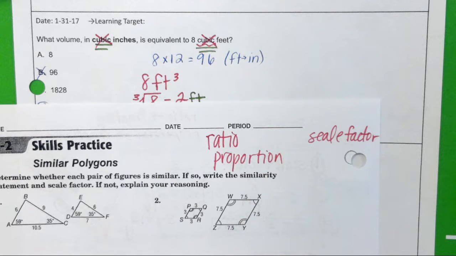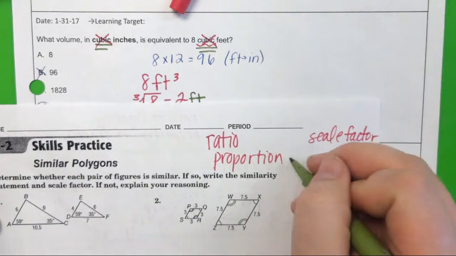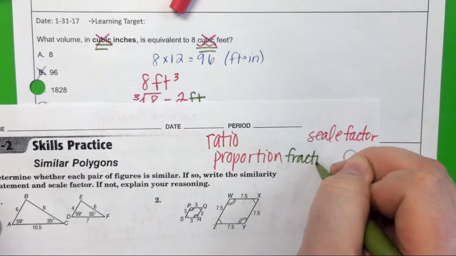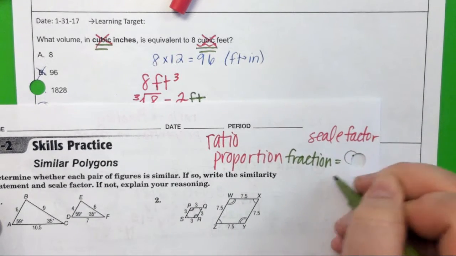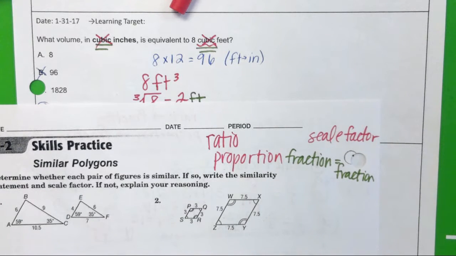Okay, proportions are 2 ratios or 2 fractions that are equal to each other. So as a reminder, a proportion looks like a fraction equal to a fraction. That's when we got to cross multiply and solve. So when I hear proportion, I automatically think about cross multiplying. And then the last topic we talked about in 7-1 was